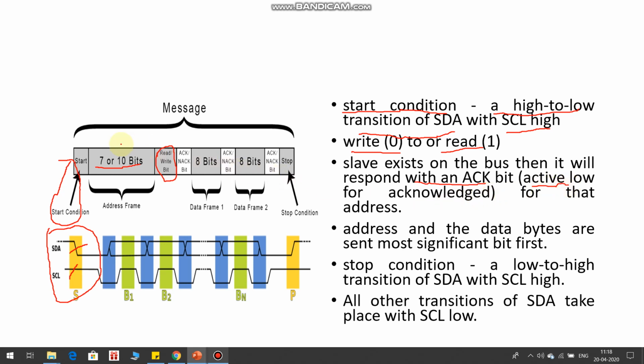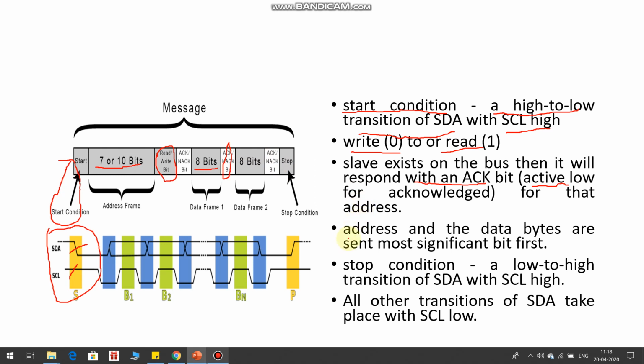By listening to this acknowledgement or negative acknowledgement, the master device can initiate the data transmission. Suppose the acknowledgement is received, immediately the master device will start to communicate the 8-bit data. It will communicate 8 bits at a time, and it will expect an acknowledgement or negative acknowledgement from the slave device for every 8-bit data transmission.